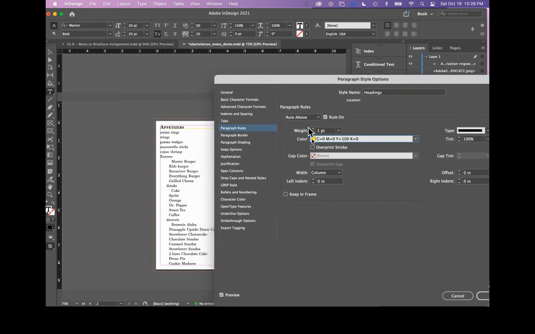And I can do a rule above or a rule below. What I'm going to do is change the weight. See how I change the weight and it's getting a little larger. Typically, I will split this rule up to above and below so I can get it to look how I want it. But I'm just going to say, I kind of just want